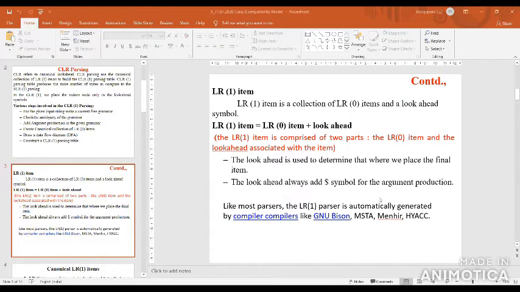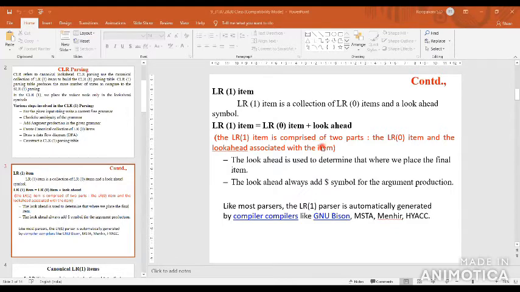An LR(1) item is an LR(0) item plus a lookahead symbol. In the SLR parsing table you worked with the LR(0) item. In the CLR parsing table, the main thing is the LR(0) item along with the lookahead symbol.